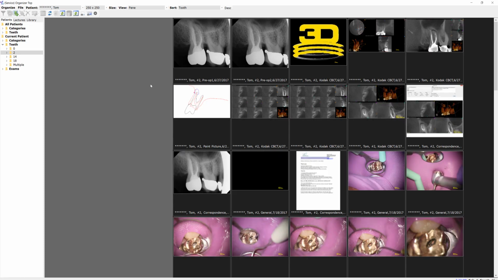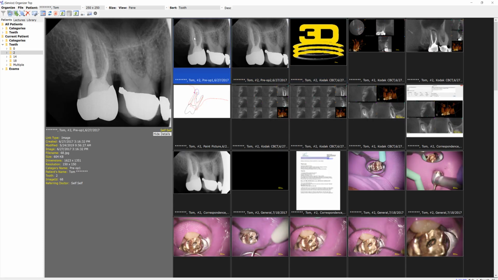I'd like to review the show dates and magnification functions in the collage because I don't think people are actually using them. So this is a brief 3-minute tutorial in how they work. If you bring up the organizer, I've brought up this case, and the organizer here is organized by tooth number,